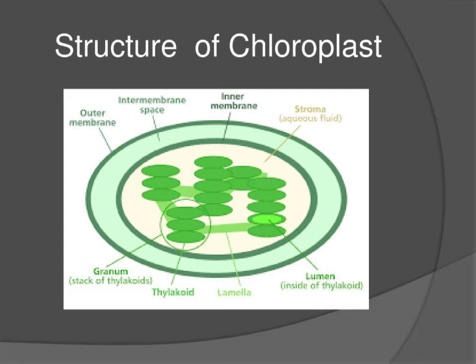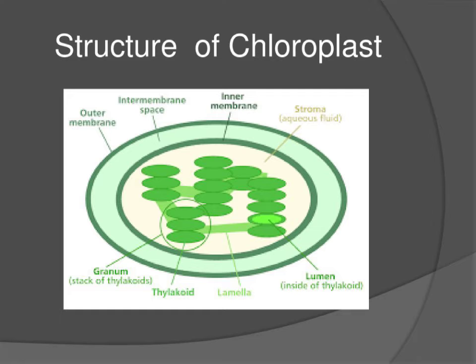Third point is thylakoids. Thylakoids consist of thylakoid membrane and thylakoid lumen. These thylakoids are arranged one above the other in the form of discs. Fourth point is grana. Some of the thylakoids are arranged as discs stacked one above the other. These are called grana, and these grana are interconnected by membranous lamellae called Fret channels. This is your structure of chloroplast.